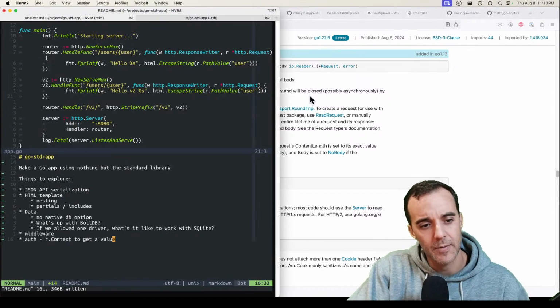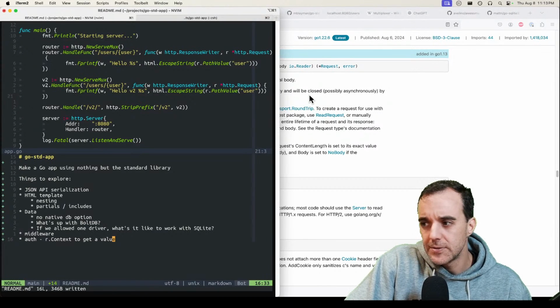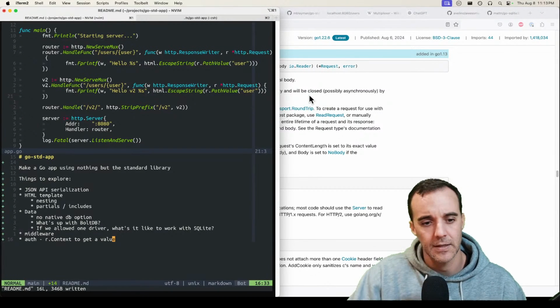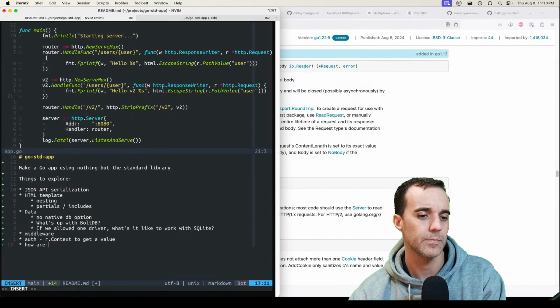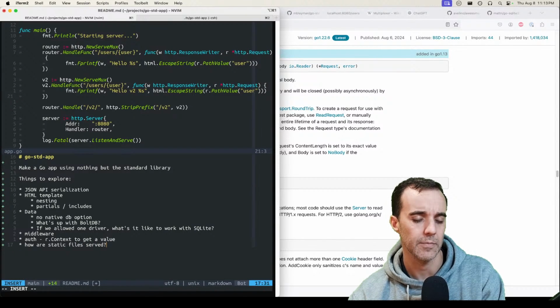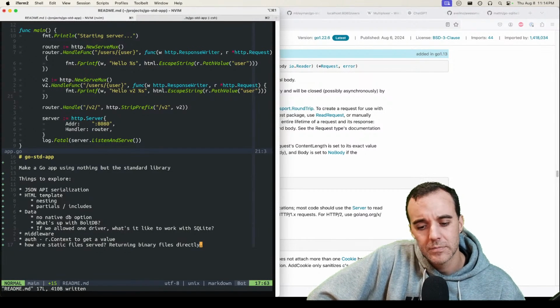What are other things that I would consider? I would be interested in how static files are served, returning binaries directly. I don't think you'd want to do a writer.